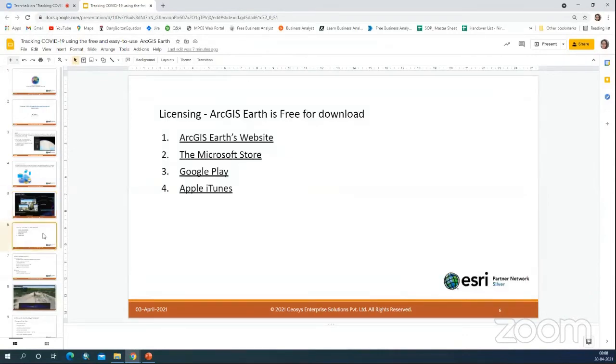Coming to the licensing part of ArcGIS Earth: ArcGIS Earth is free for download. Where do you get it? How do I download it?